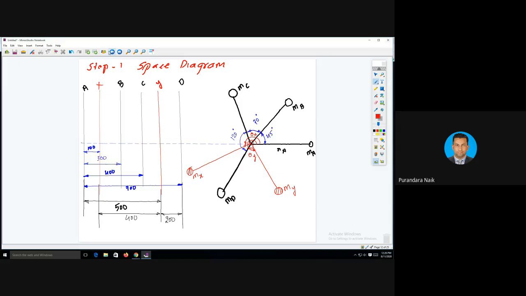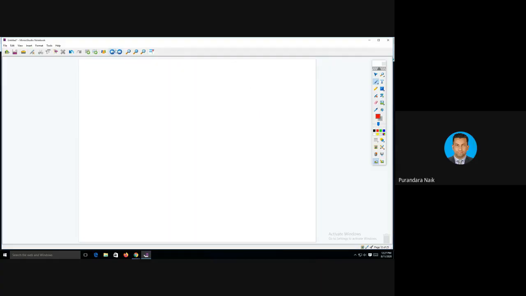What is the condition for dynamic balancing? Summation of all the centrifugal forces must be equal to 0. The second condition, summation of all the couples or the moment about any arbitrary point must be equal to 0. There are two conditions. One, the forces, second one, couple. So we need to find out the centrifugal force as well as couple. Okay. The next is the tabular column.